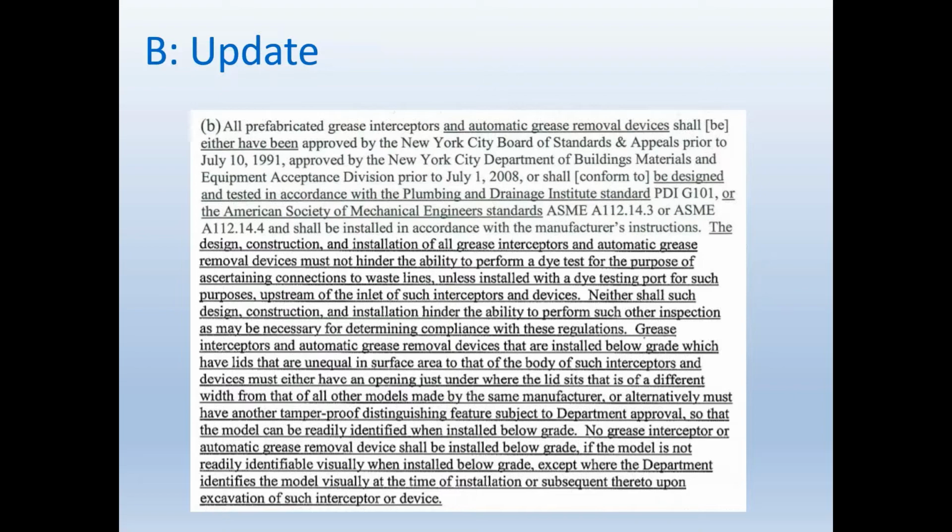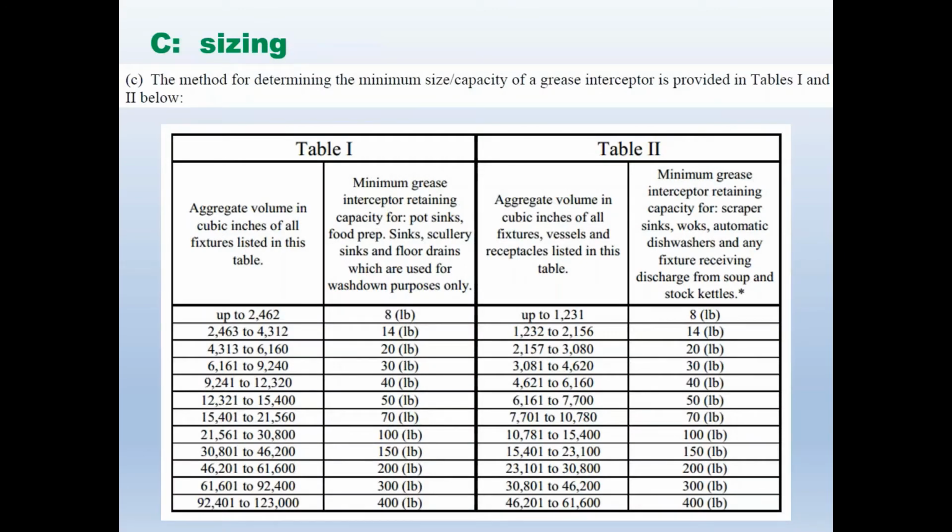All right. I'm going to move on here to, let me see here. Okay, C. So we've all seen these table 1, table 2. Again, this has been updated. And we're pretty excited about the update on these table 1 and table 2s, because we've been preaching, Mike and